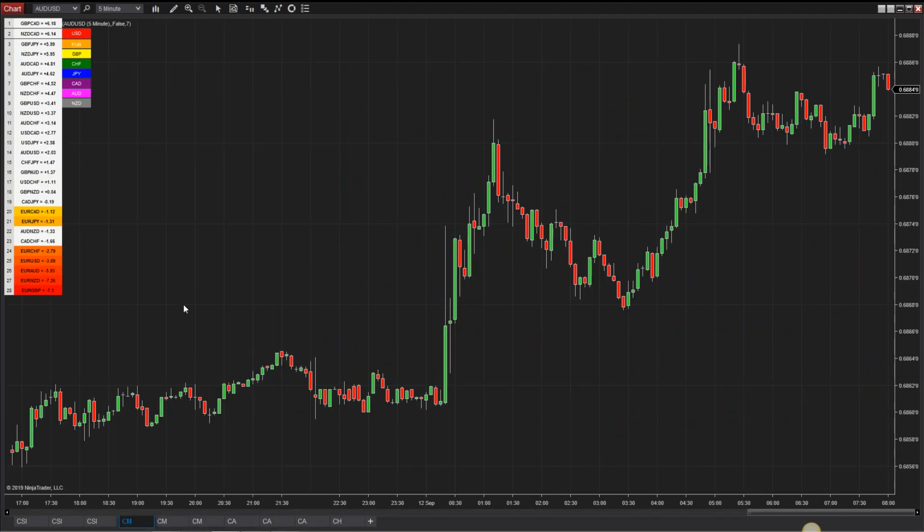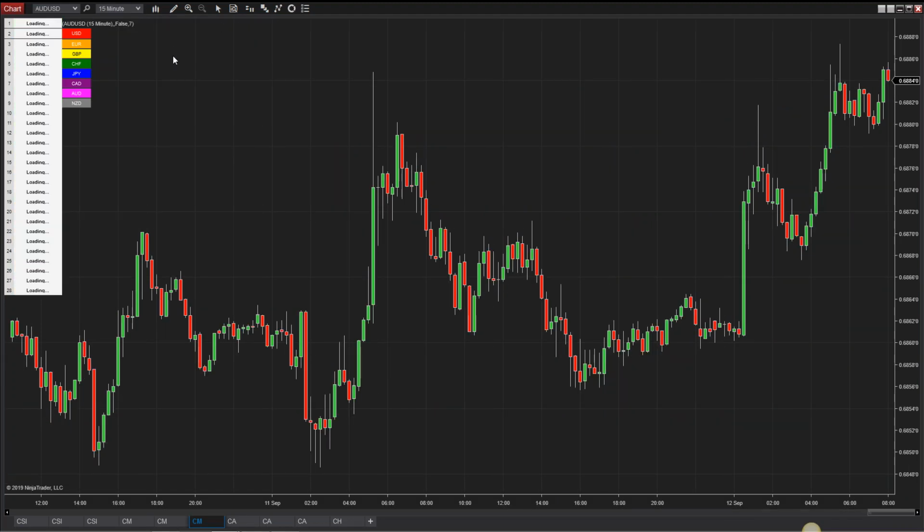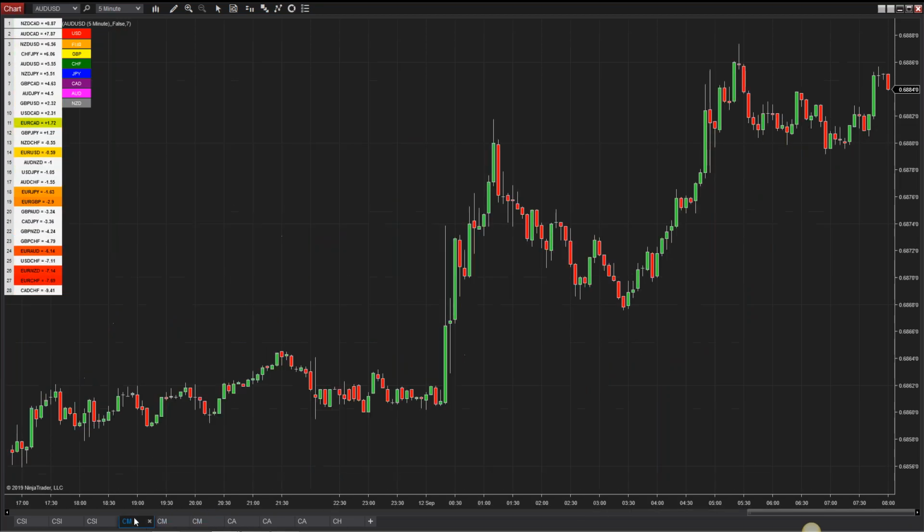Just head on to the currency matrix here. This is on 5. I've got the 5, the 10, and the 15. Haven't got that isolated out. Sorry, that's on 60. Let me just drop that down to 15. I was doing something else a minute ago. So if we go back onto the 10 and onto the 5, I've isolated it out with the toggle buttons here,